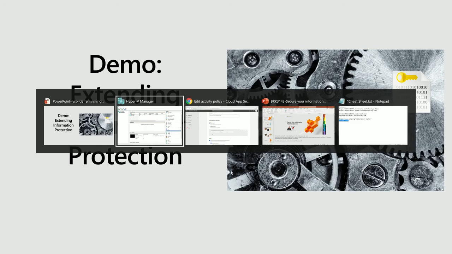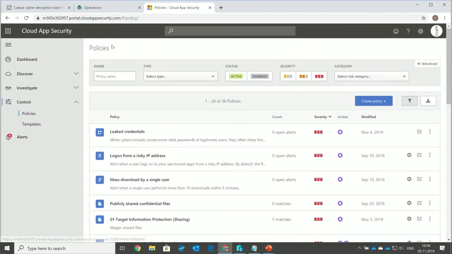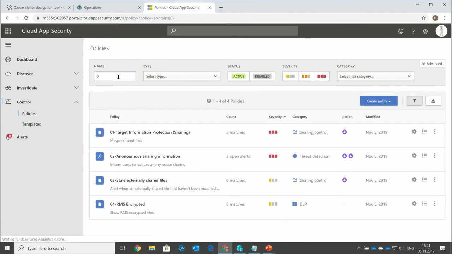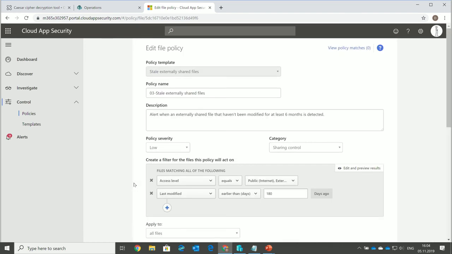I think I had one final rule I will show you as well. This one is for when you have done this for a while and you weren't aware of how you should do it, so your people have already started to share anonymously. They have a lot of shared common files, but nobody is editing them, right? So they are most likely dead shares, but you don't know it. So this rule will say that if access level equals public, the last modified is earlier than 180 days,